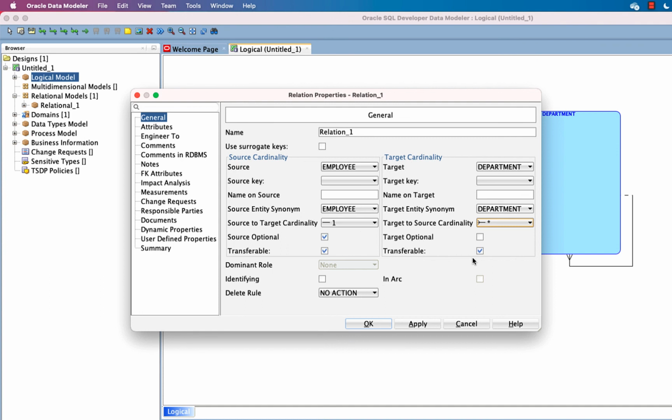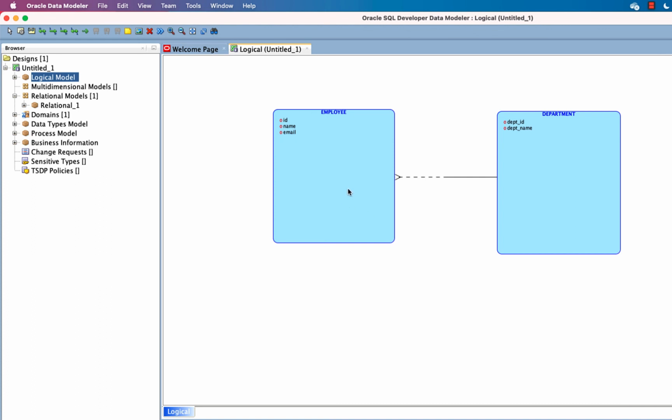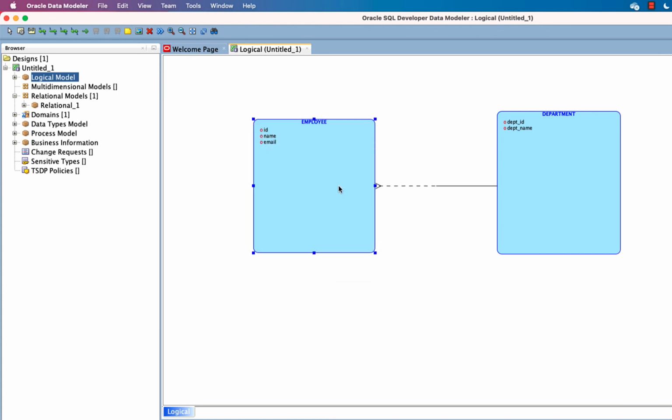Transferable, that's fine for the time being. So sort of this arc, we can create an arc from here. Okay, but obviously we don't need an arc here. So I think that's fine. What else? So you can see now we have created an ERD of 2 entities, very basic entities.